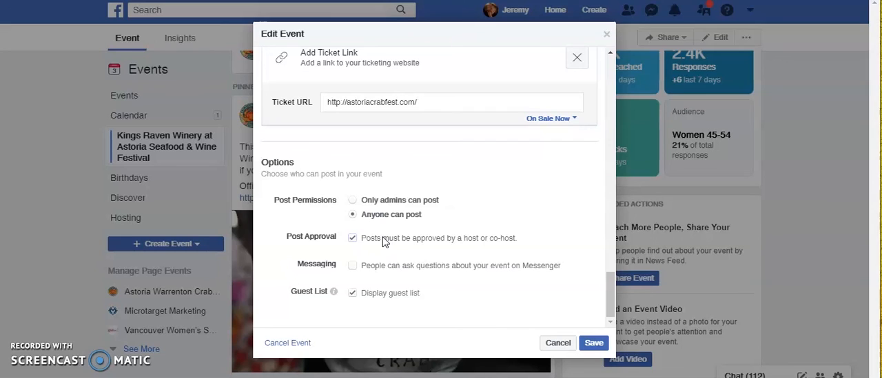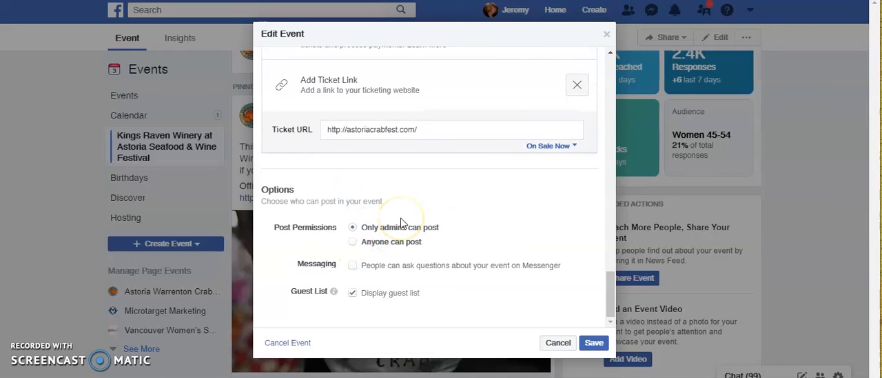That's a good setting for the official event because you're monitoring it. You can log in, you can check those questions, you can approve them or disapprove them, whatever you want to do. With these unofficial ones, you're probably not looking at them as much. So it's best to just leave it as only admins can post so that there aren't any unanswered questions just floating out there